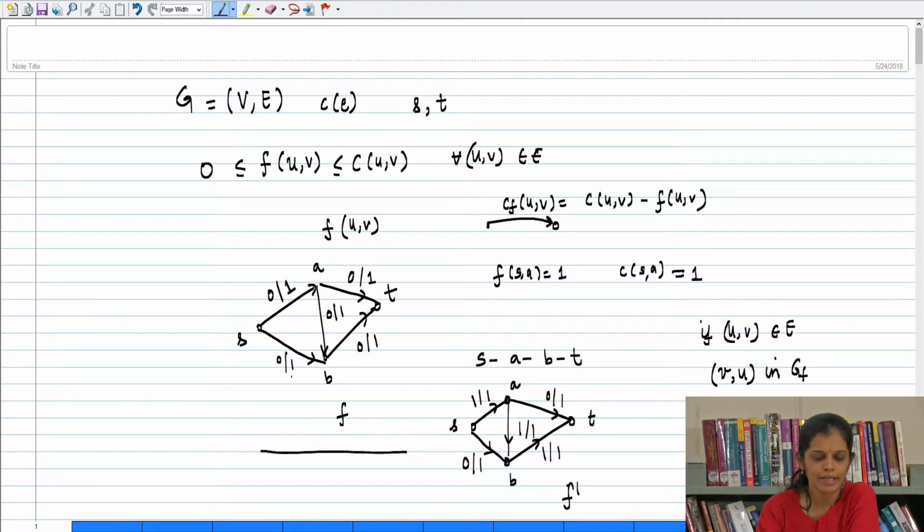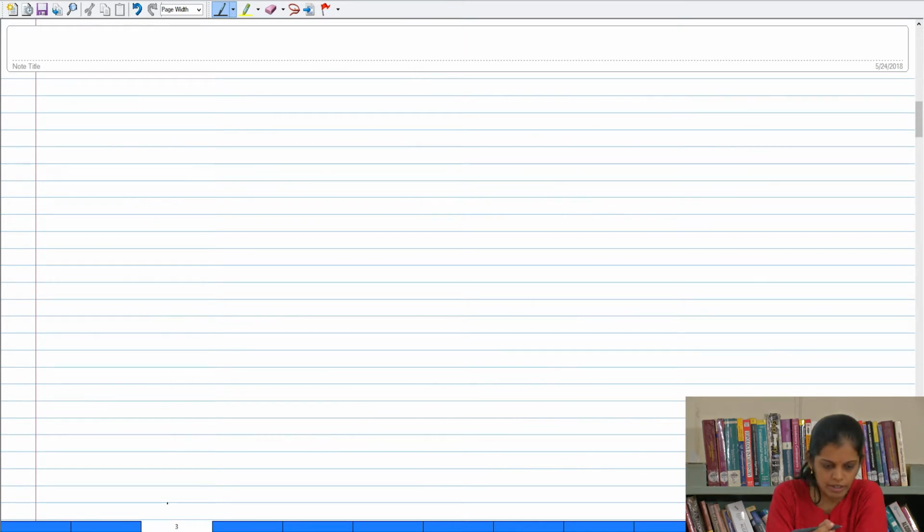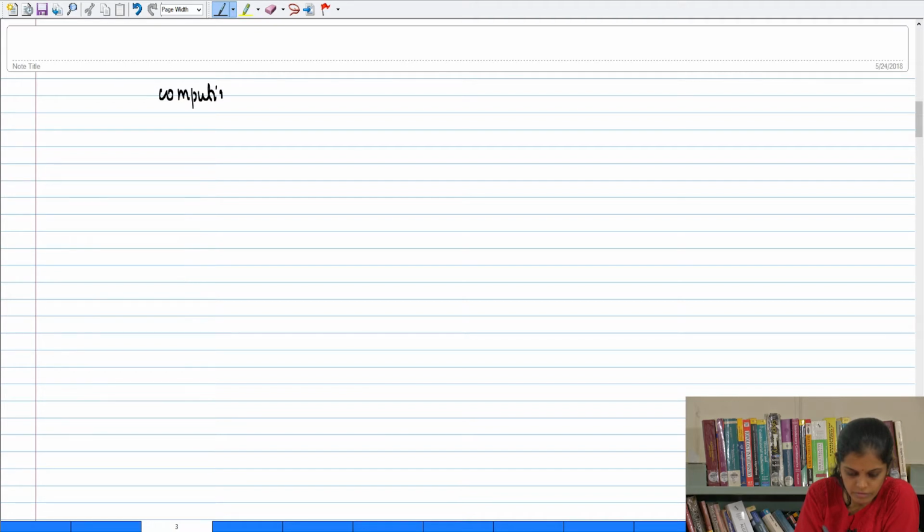Good. So you go to all pairs of vertices, ask, is that edge present? If that edge is present, does it have a flow? If it has a flow, then add the residual capacity in the forward direction, add the reverse edge and set the residual capacity accordingly. So for every edge you are doing some constant amount of work, right? So I will write that computing the residual network takes order m plus n time,